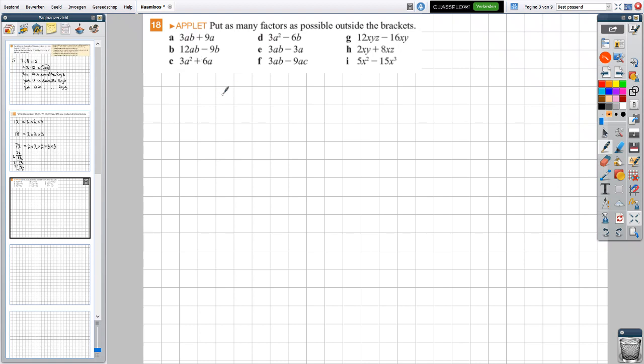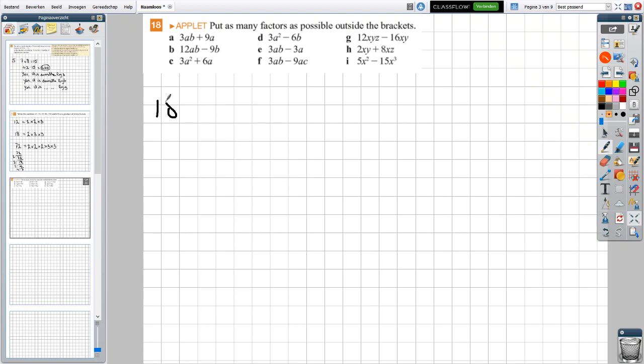Hey everyone, we're going to take a look at exercise 18 of paragraph 7.2. You will see that in my explanation videos I don't explain anything about theory B. This part that I'm going to show you, exercise 18, is after theory B because I think it's nicer to